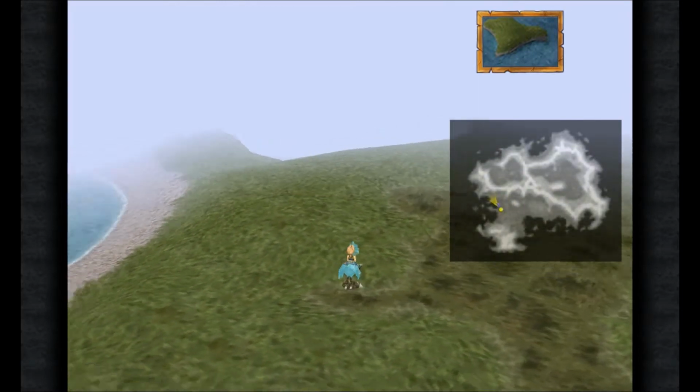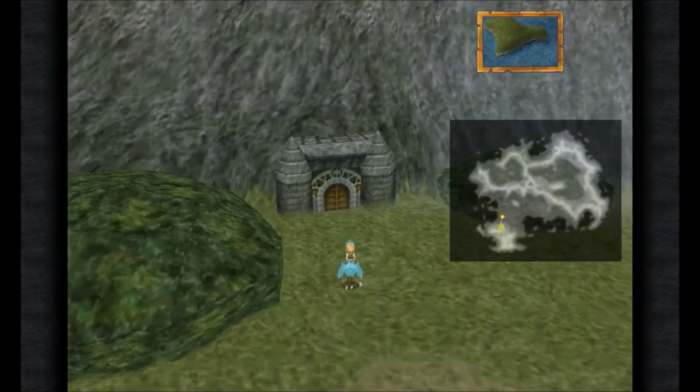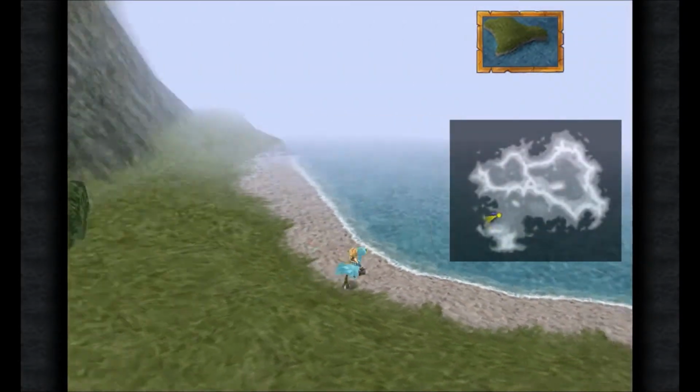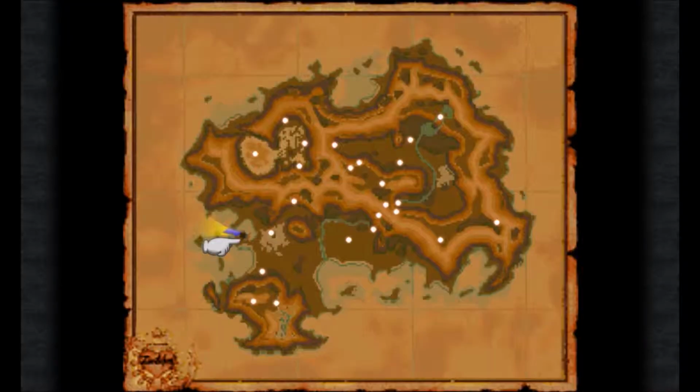There's a chocograph that you can get. A chocograph piece, I should say. But apart from that, there isn't really much else new there. This is the gate to Lindblum Castle again. Now, I don't know exactly how long it's going to take me to find this particular chocograph treasure, but it's pretty much...